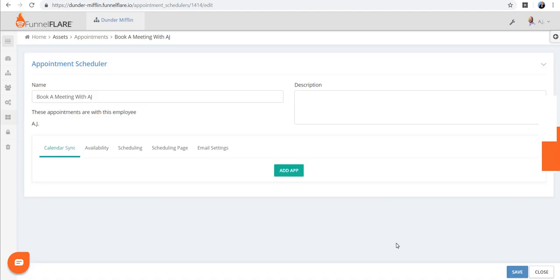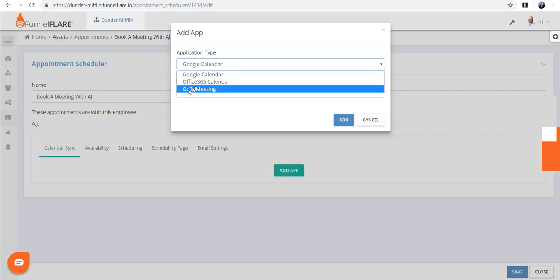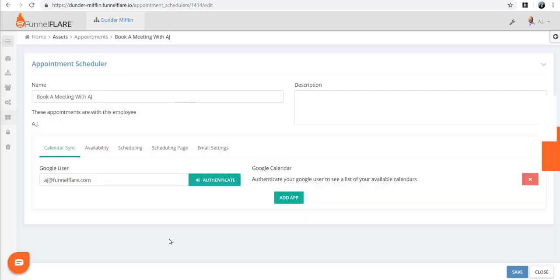And this screen, it's fairly simple. There's the calendar connection. So basically, you connect your Google or Office 365 calendar. We as well support GoToMeeting if you're going to use GoToMeeting for your appointment schedules. But basically, you put in your email address. Once the calendar is added, you click Authenticate. That will open a new screen that will use OAuth to give permissions to FunnelFLARE to book and view appointments